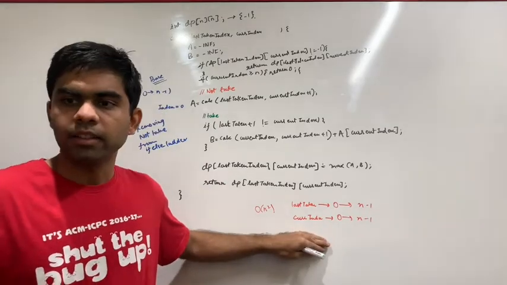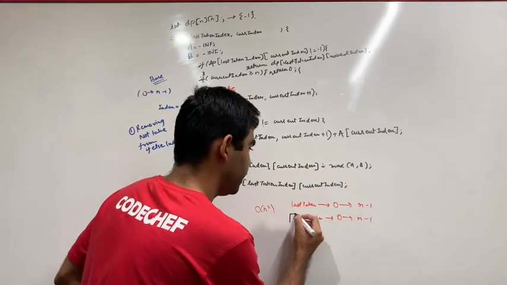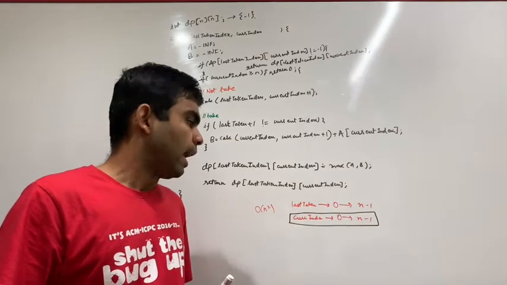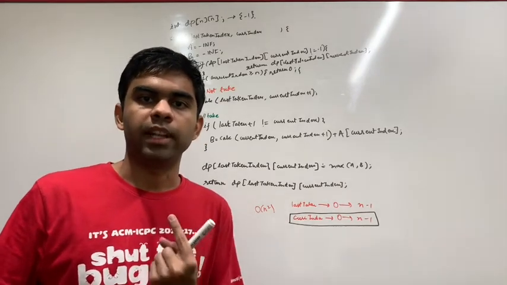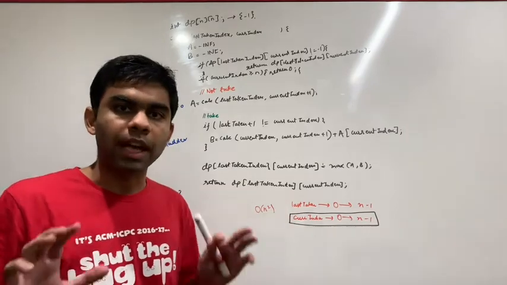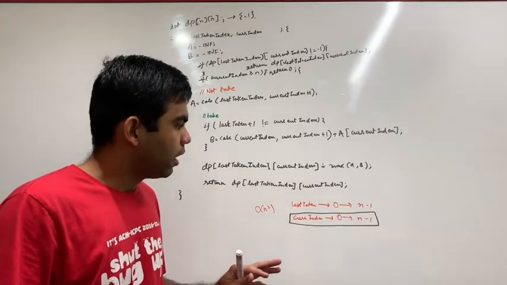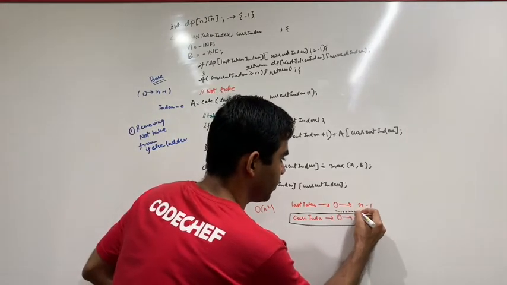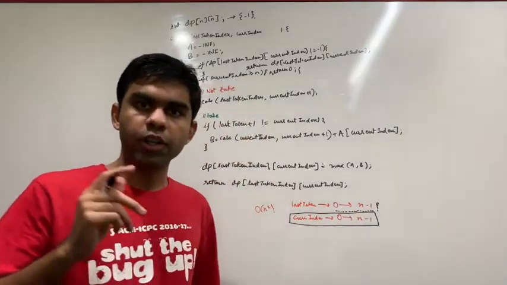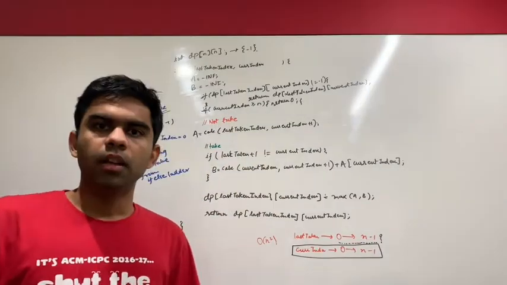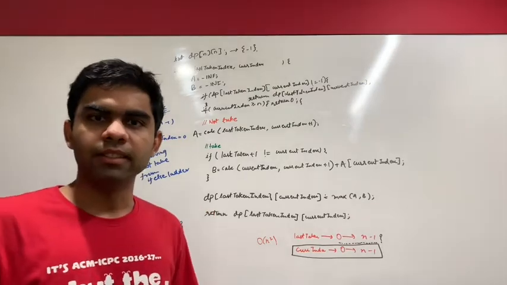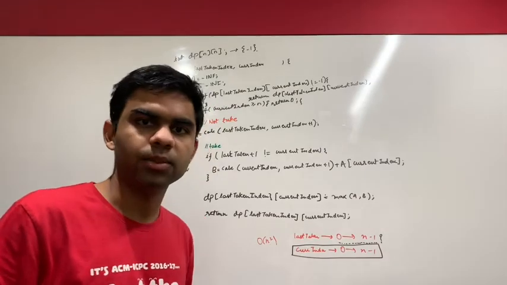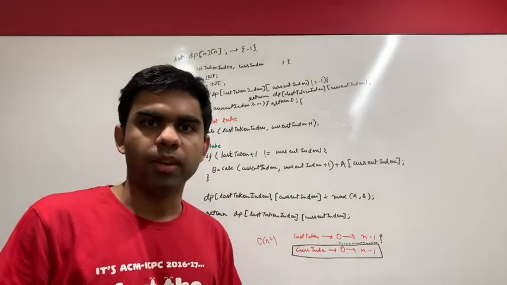So for this current index, I can't change the range. It will always remain 0 to n minus 1 because I have to iterate the array at least one time. But if you think about the last taken index, do we really require it to iterate from 0 to n minus 1? I want you to give it a try and come up with a good solution for it. So now I can clearly observe that I don't require my last taken index to iterate from 0 to n minus 1.